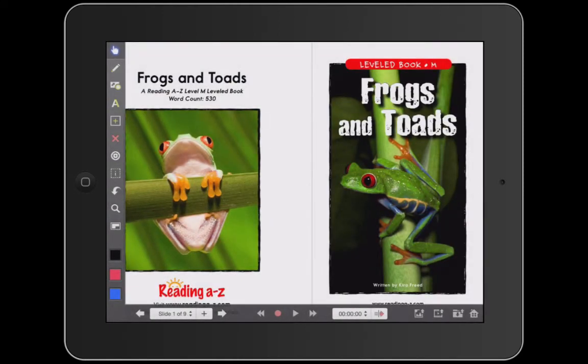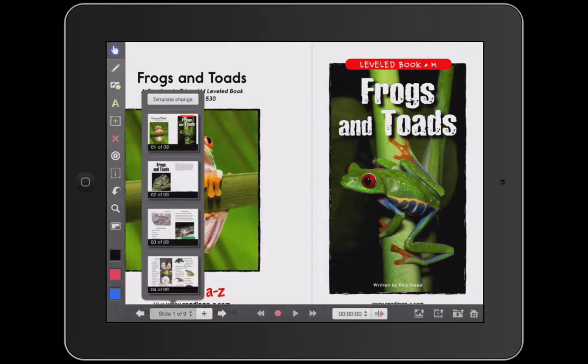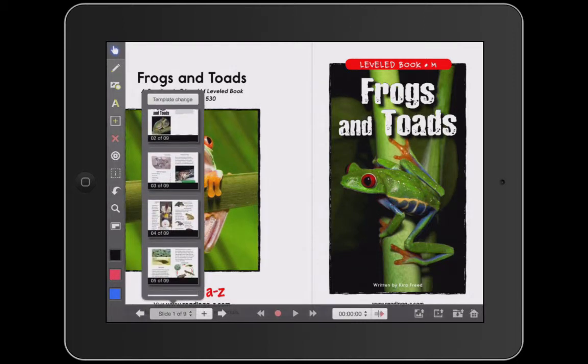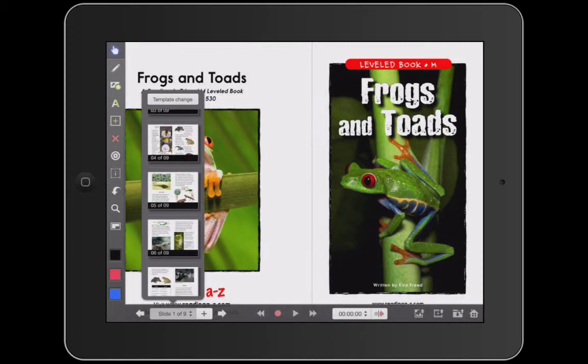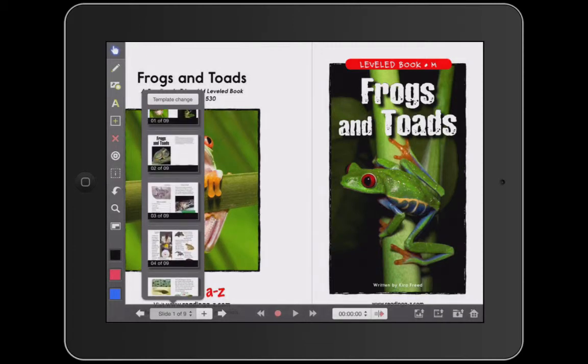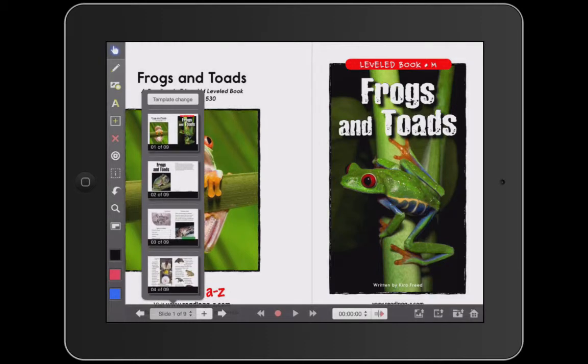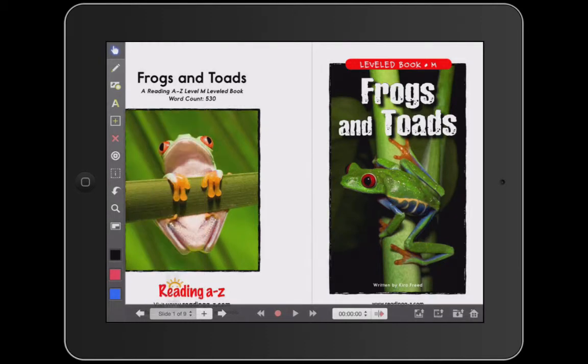The other cool part about it is that it's a PDF file, and if you look at slide 1 of 9, it has separated each page of the PDF into single slides, which is excellent for my use because the kids can flip through this like a book. So what I have kids do typically is they practice their fluency and expression through the use of this application